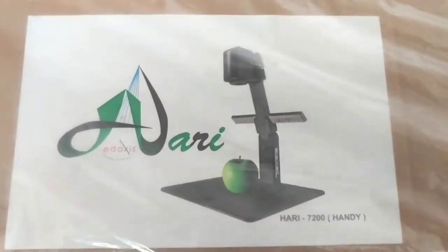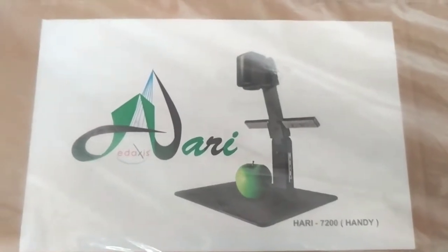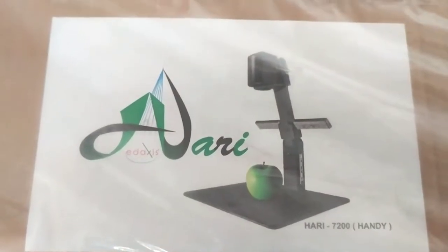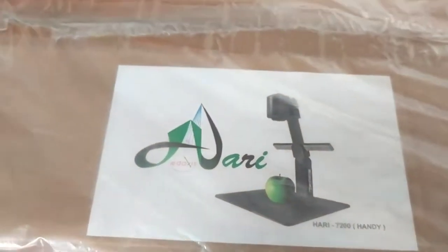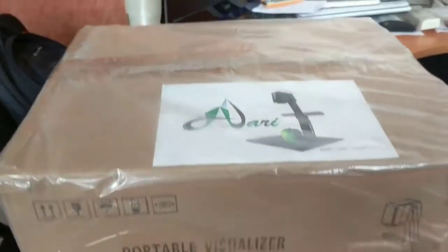So guys, here comes the Harry 7200 series. It is the most portable and handy visualizer ever made. It's most compact. It's fully in a bag, and